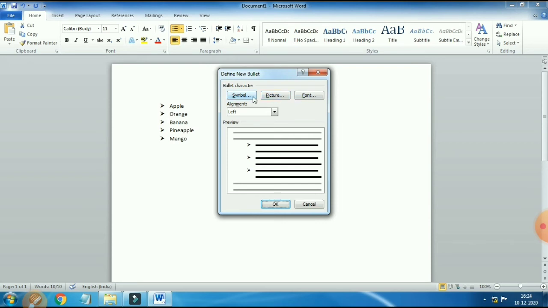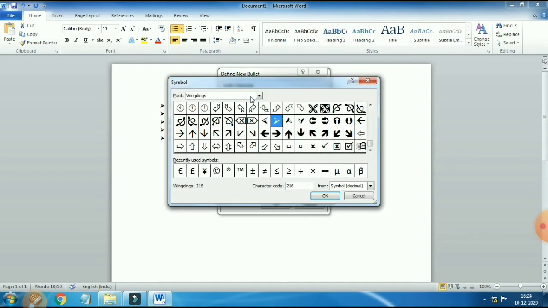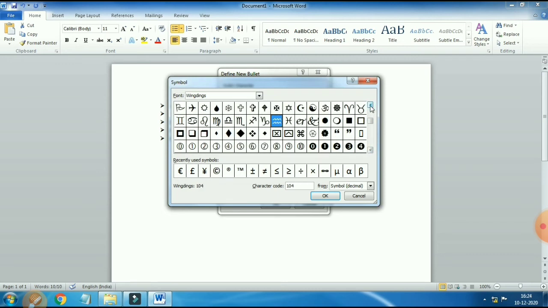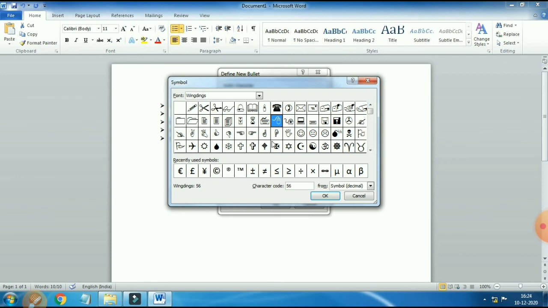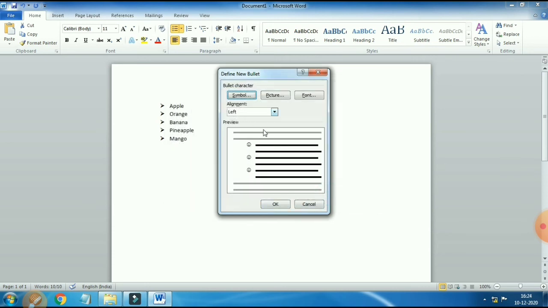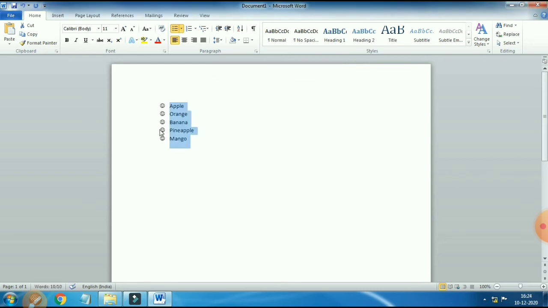Click on Symbol. So these are all symbols that we can use for a bullet. From this you can choose any one as a bullet. I am clicking on smiley. Click on this and click on the OK button, and here it is, click on the OK button. You can see our bullets will change to smiley bullets. So this way you can also define your own bullets.